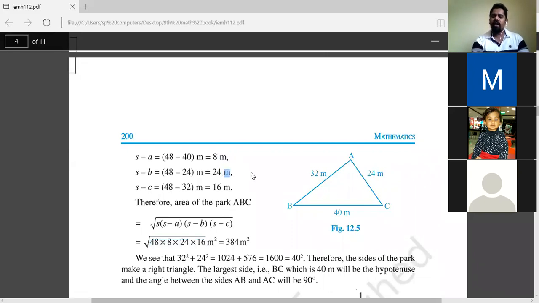The area will be in square units itself. If not, understand here. See here. s is a length, this is one meter. s minus a is one more meter. Meter into meter, then this is the third meter, meter cube. This is the fourth meter, meter to the power four.